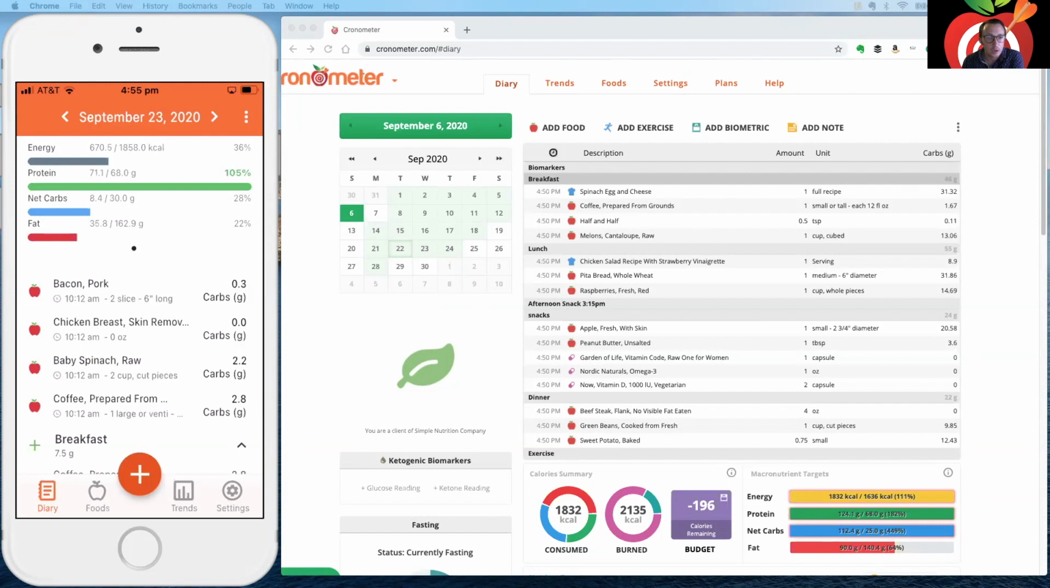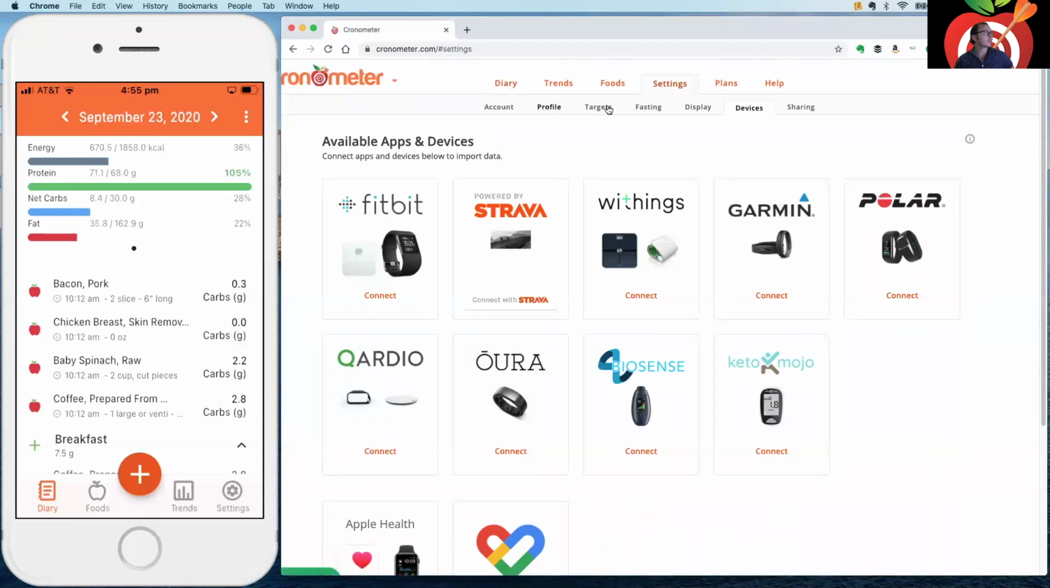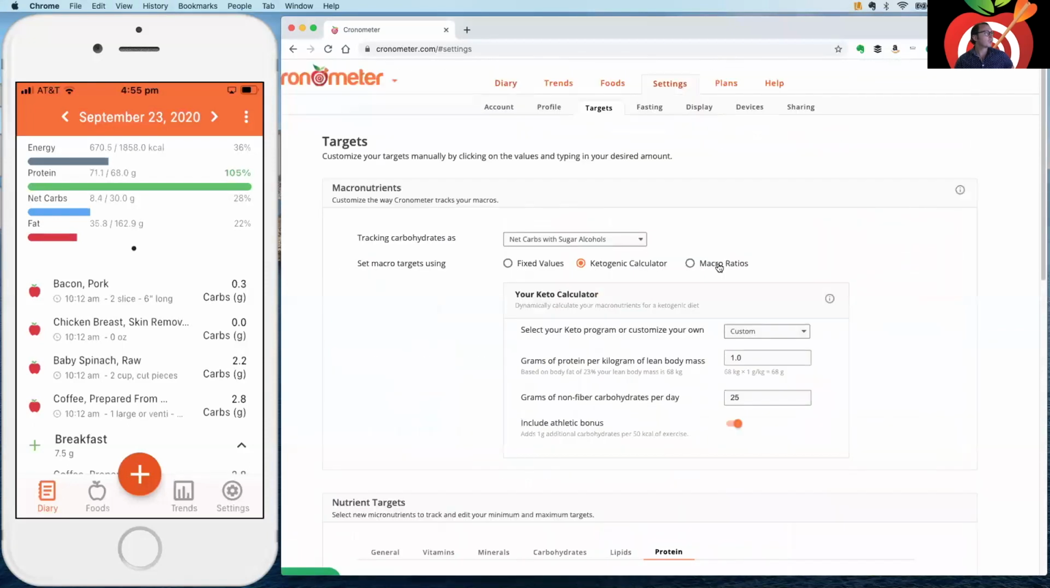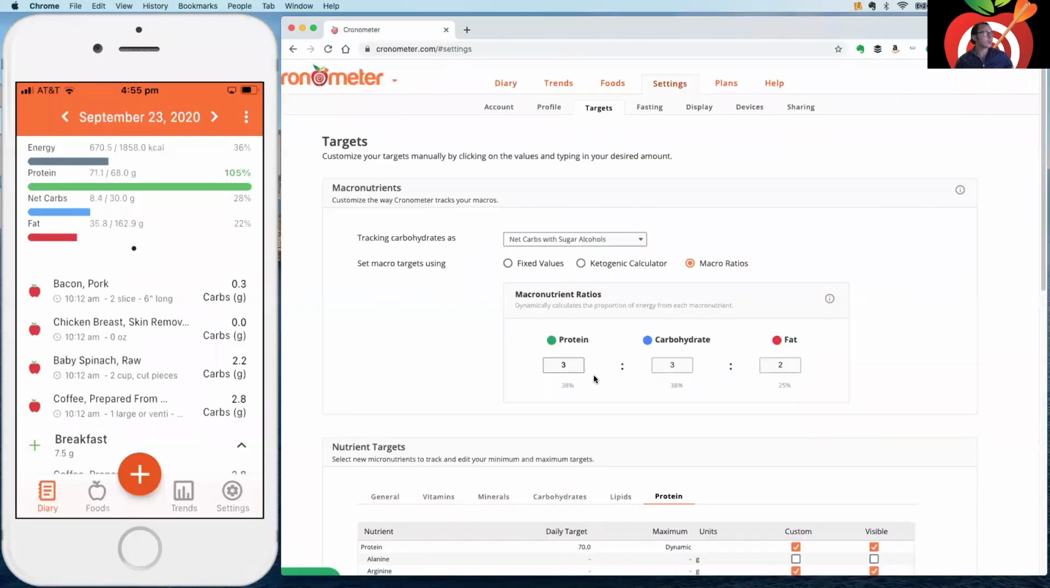All right, Paulo, macro ratios. Yeah, so without knowing the other settings, let's see, you can go to settings, you can go to targets. I would just watch your ratios here. It's going to be hard for me to actually troubleshoot this on this call. I think your best bet is to write into support if you have a question about why it's showing a specific number. Obviously, we're not going to be able to give you specific nutrition advice,